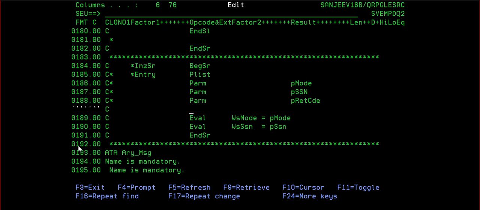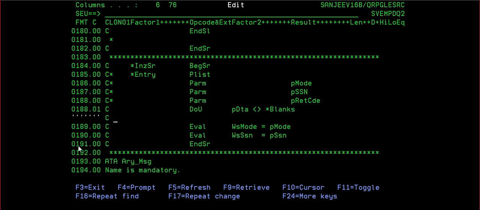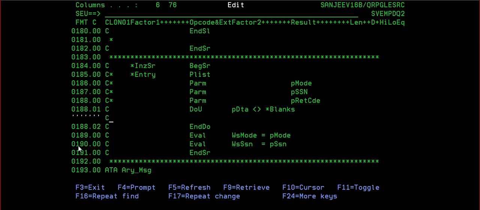it will be in a loop, do until p dta equals star blanks. So here what we are going to do is call p rcv dta q.